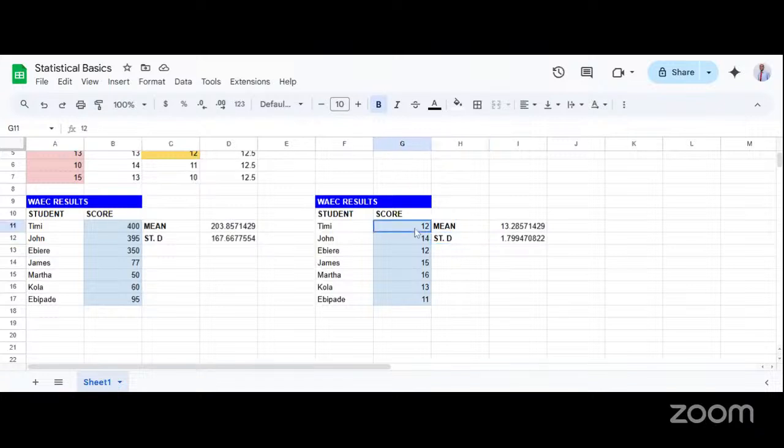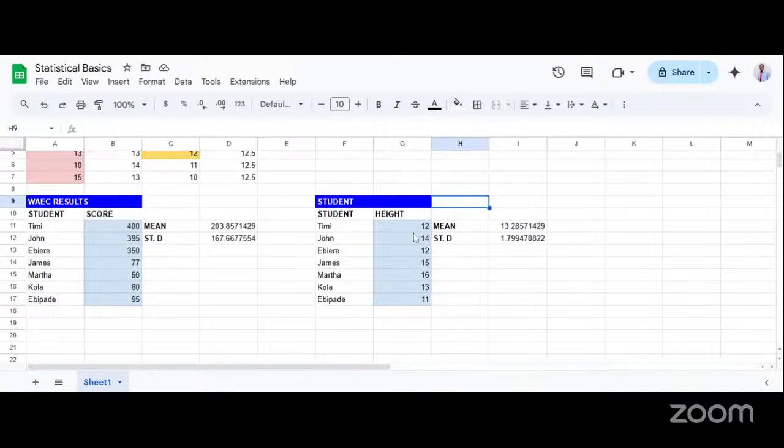So if this were to be the height of students, let's say this was in centimeters. Let me change this now. Okay, I don't think this is supposed to be in centimeters. So let's just assume any units, but this were to be the height of students. So at that point, we had a student at height 12. Then we had a student at height 14, height 12 again, height 15, height 16, height 13, height 11, just like that.